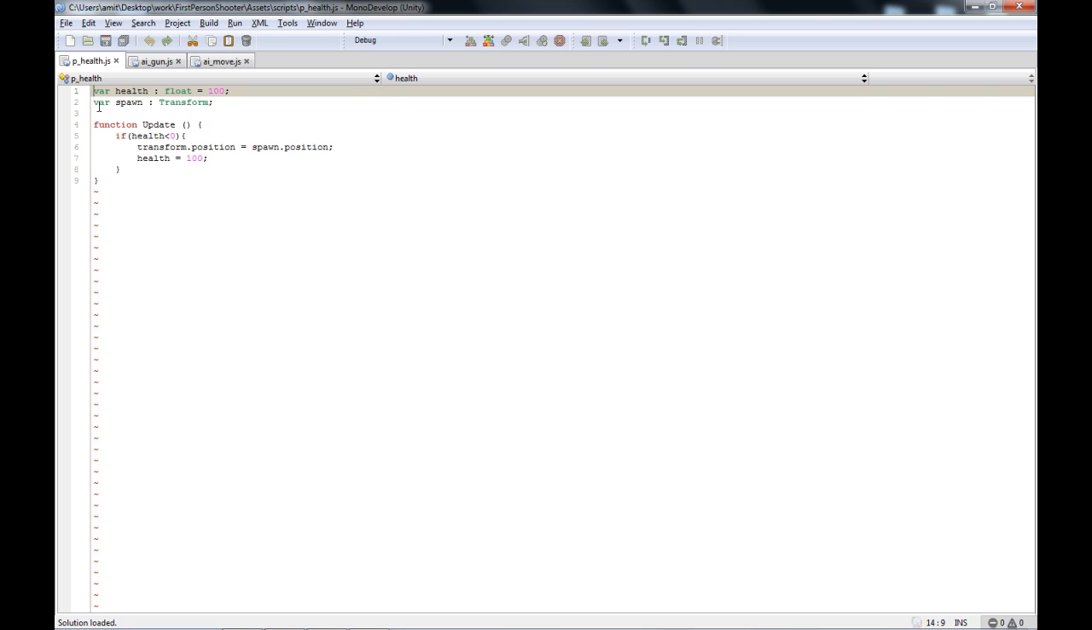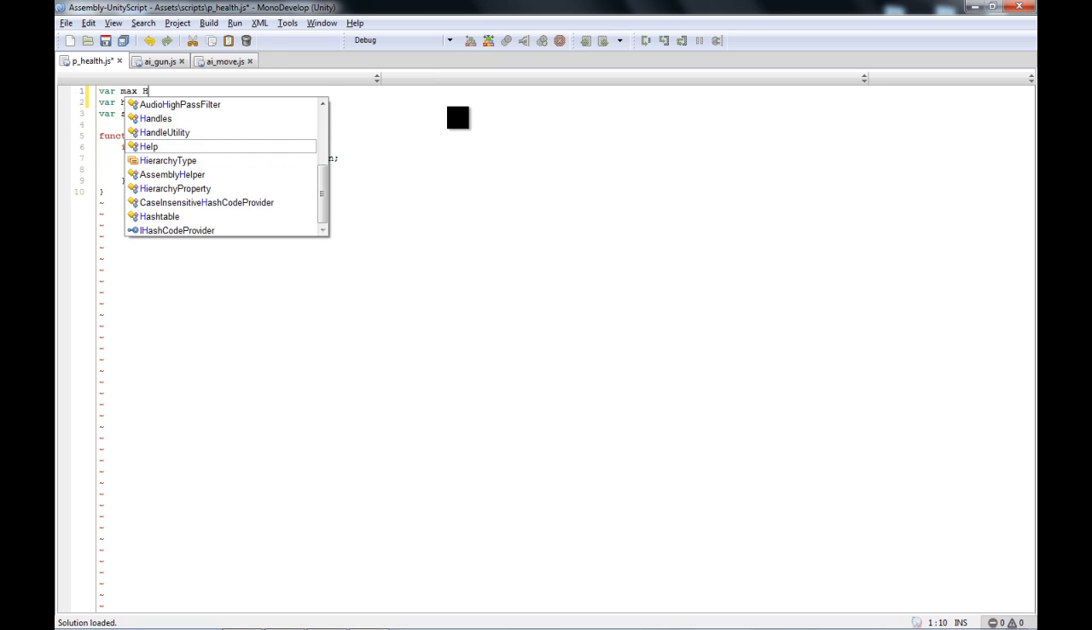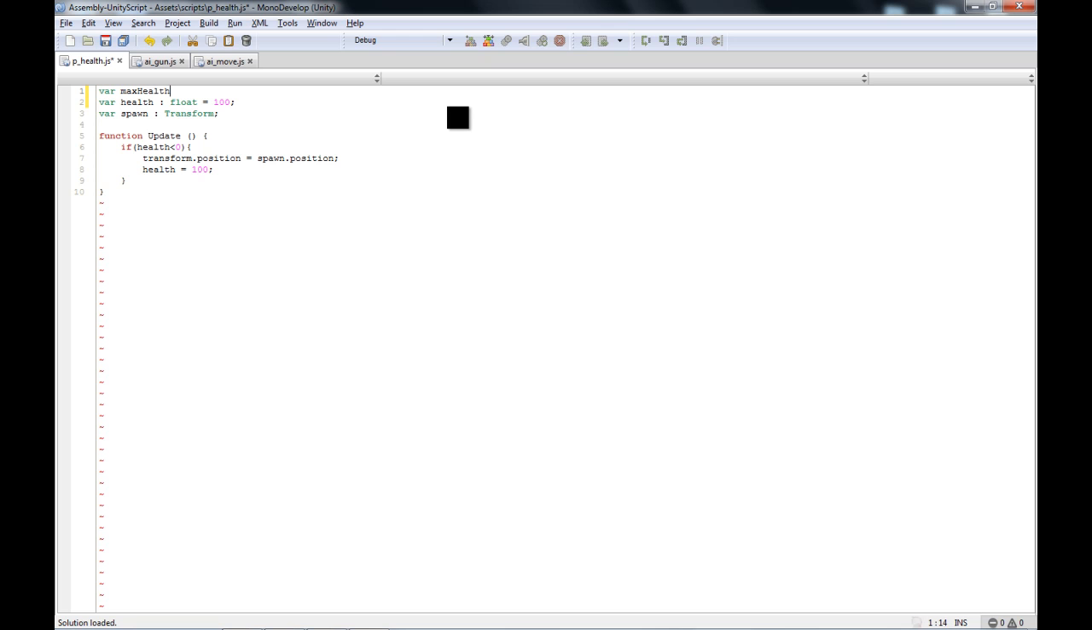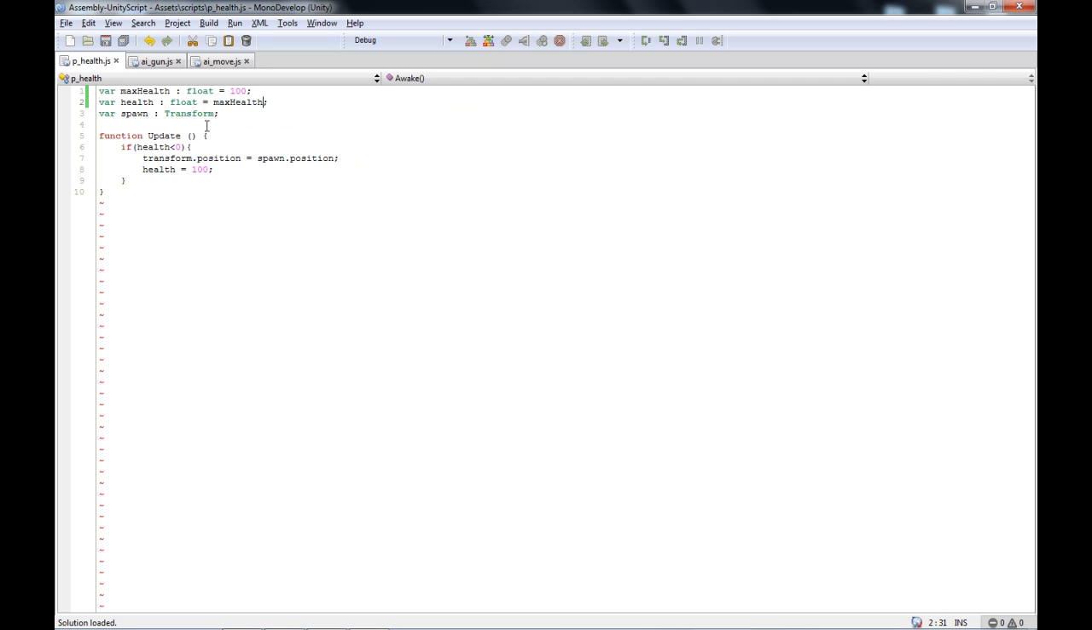To make it regenerating, we have to have a maximum point called max health. So var max health, one word, equals 100, of type float. Great, now health is by default equal to max health, so you start with full health. And now in the update function,